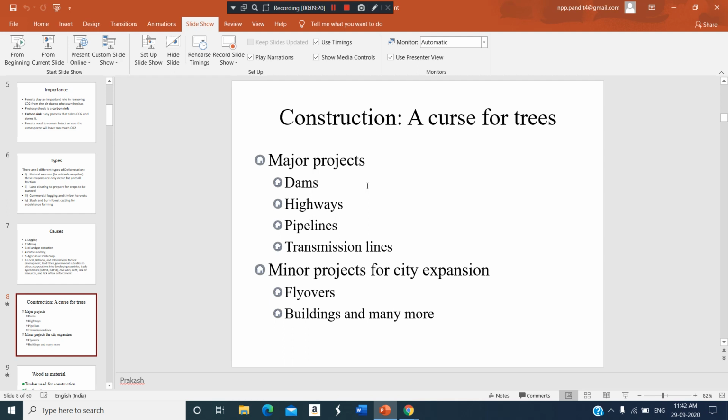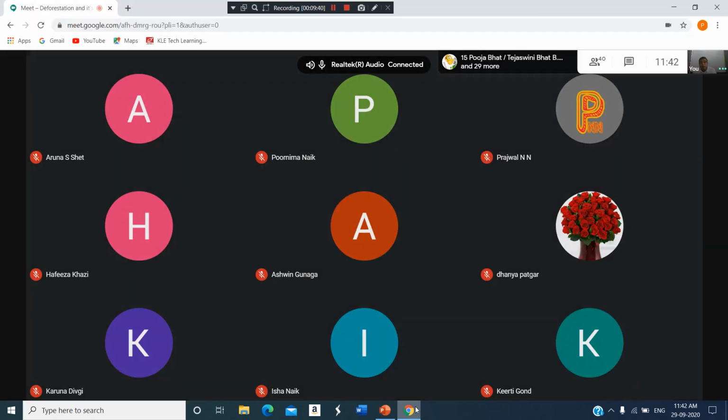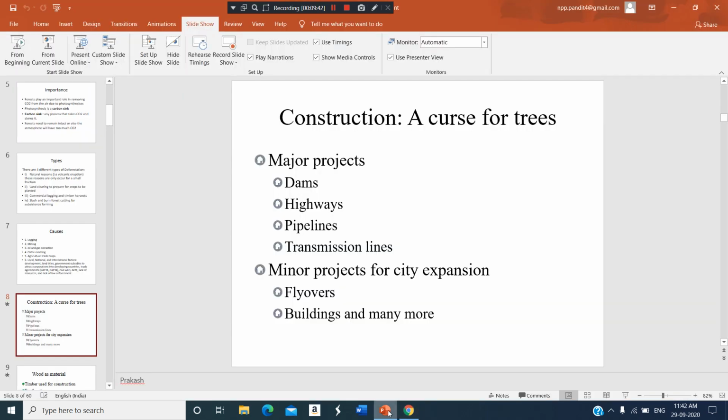When a dam is constructed, a large area of the forest gets submerged. That's what happened when the Linganamakki dam was constructed, or Supa, or Ganesh Gudi, different dams in Uttarakhand, wherever the dams are constructed, a lot of area gets submerged, and invariably that is forest,